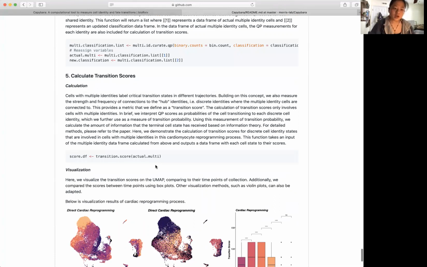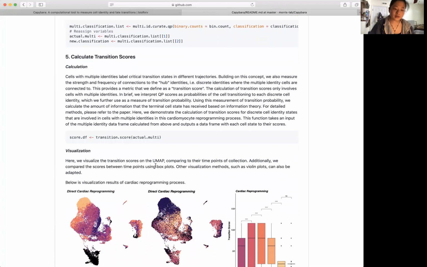So here we will calculate the transition scores in this cardiac reprogramming process. So it is a very simple function that you just call transition score,